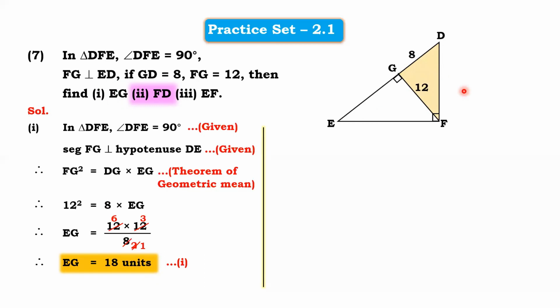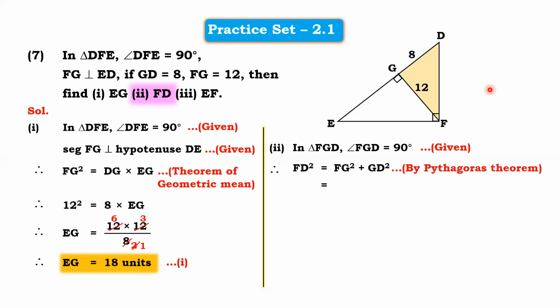So here, we know that angle G is 90 degrees. So we'll mention that in triangle FGD, angle FGD is 90 degrees given to us. So now we can use Pythagoras theorem. Now Pythagoras theorem, we all know the equation. We have already learned in lecture 1. Now G is 90 degrees. So opposite to G is DF. So DF is the hypotenuse. So DF or FD, whatever we can say, FD square is equal to DG square plus FG square, or FG square plus DG square we can say. Is it clear? And the reason for that would be Pythagoras theorem.